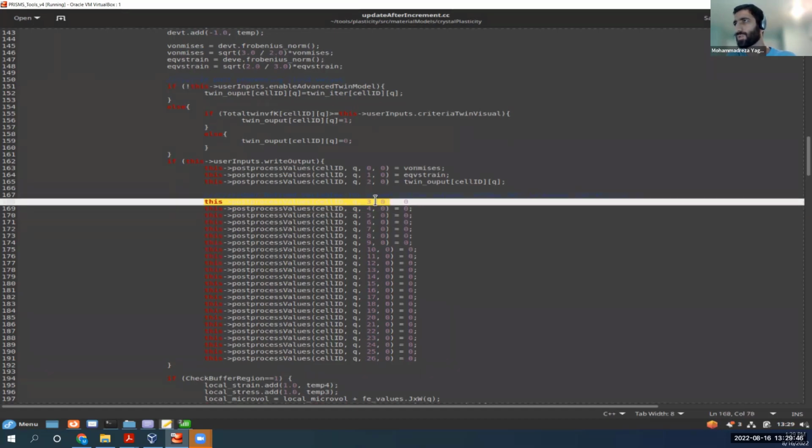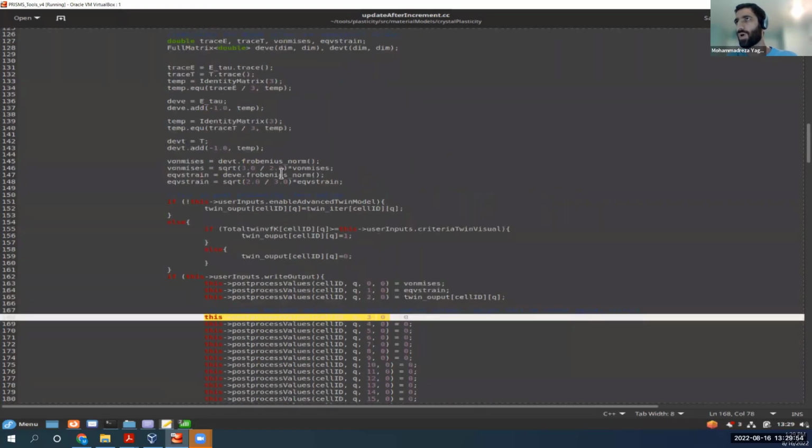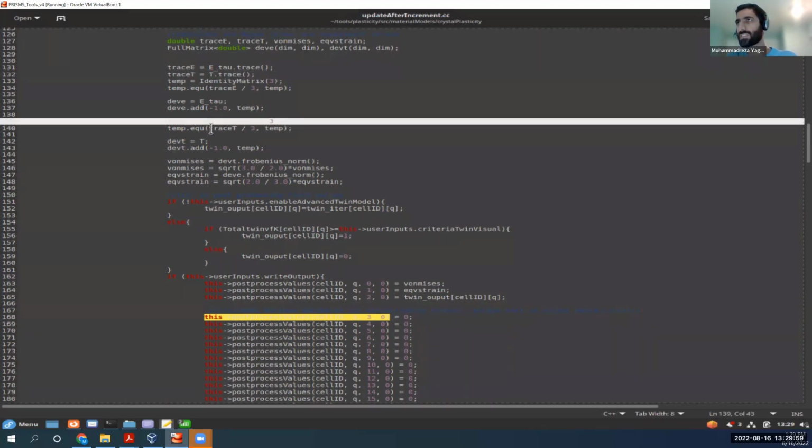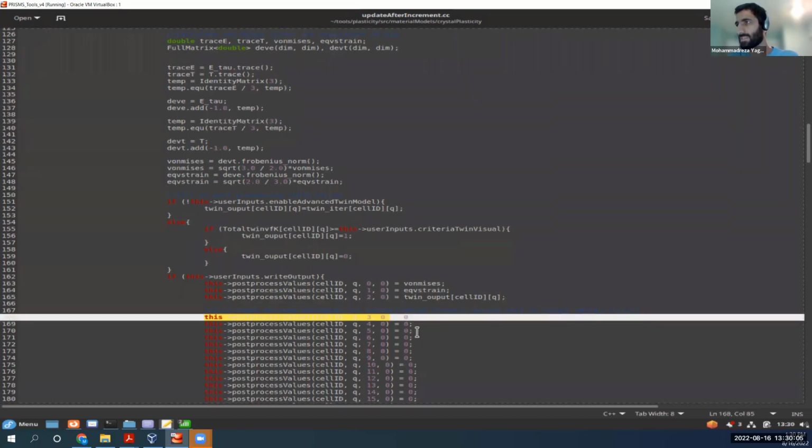So the first one would be this number 3. And let's say what you want is actually components sigma 1,1. So I will go here. I will copy this T, which is the Cauchy stress tensor, and I will paste here